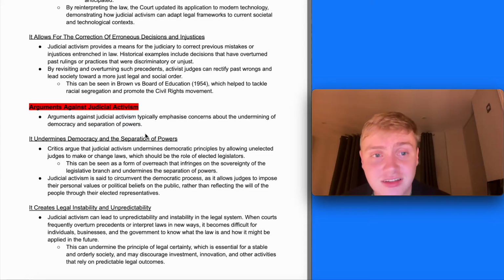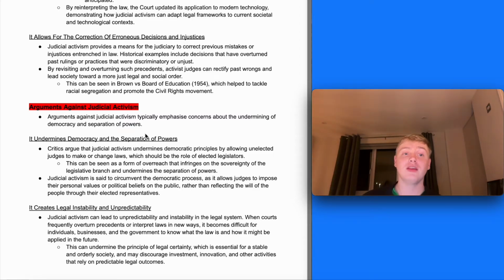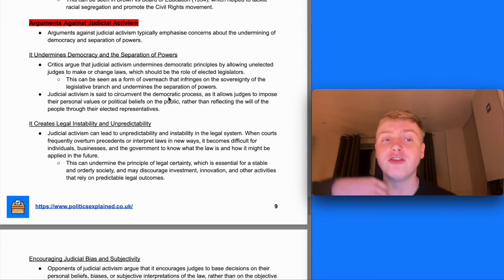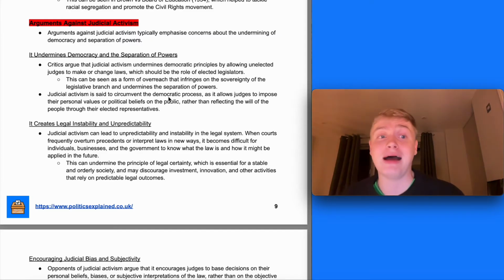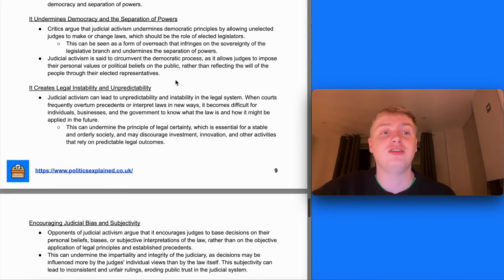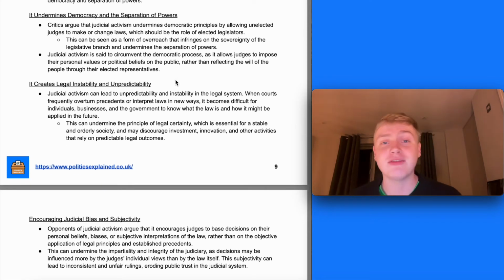So by revisiting and overturning these precedents, activist judges can rectify past wrongs and lead society towards a more just legal and social order. And that can be seen, for example, in Brown v. Board of Education. On the other hand, there are a number of arguments against judicial activism, which typically emphasise concerns about the undermining of democracy and the separation of powers in the US Constitution. So on the one hand, it can be argued that it undermines democracy and separation of powers by giving unelected